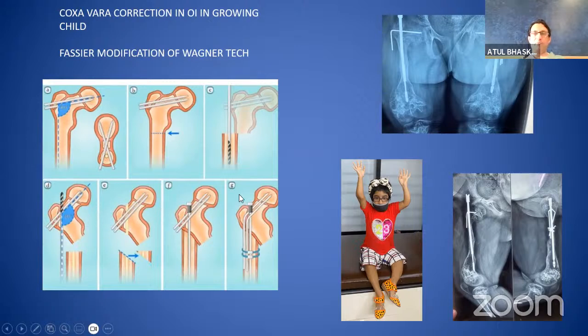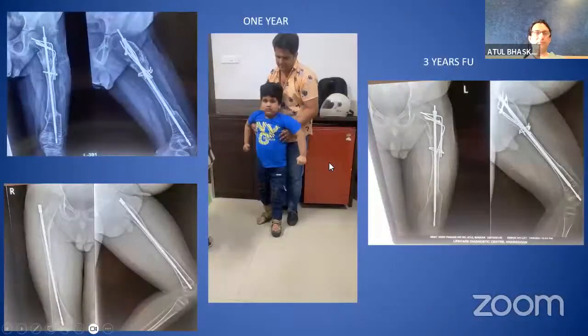We've had problems when we can't get adequate size rods. This girl was extremely small in stature, and we could not get adequate size rods even to insert. She was non-ambulatory, so I just did the osteotomy and passed the rod in. She had what is called Bruck syndrome. She had contractures. It's a variant of arthrogryposis with OI, extremely stiff and non-ambulatory.